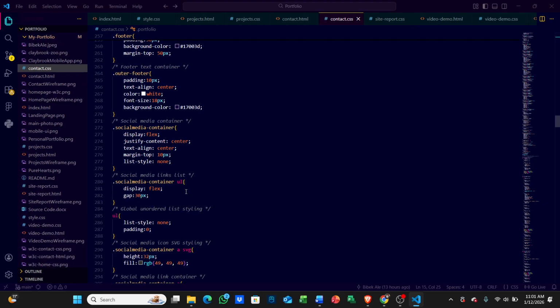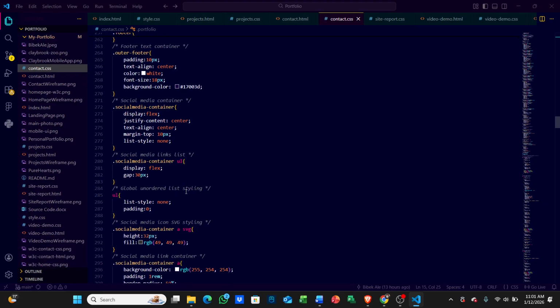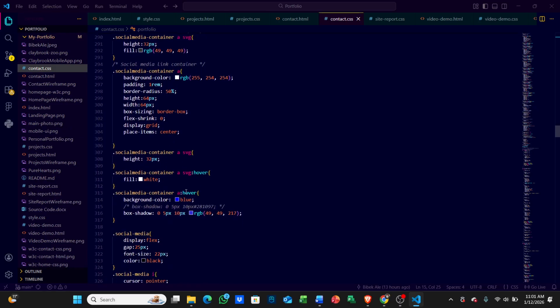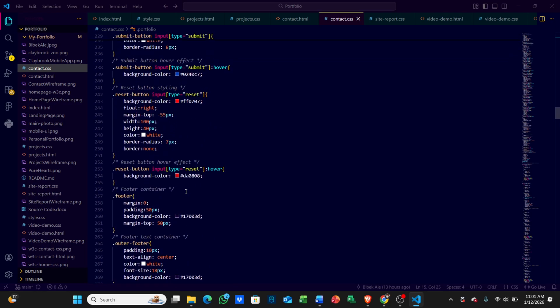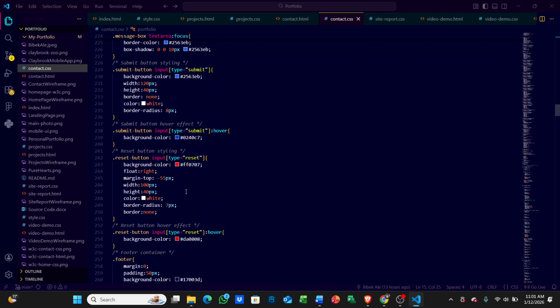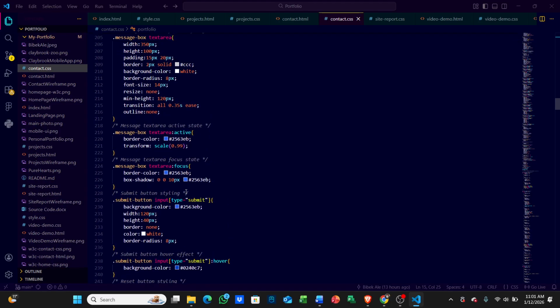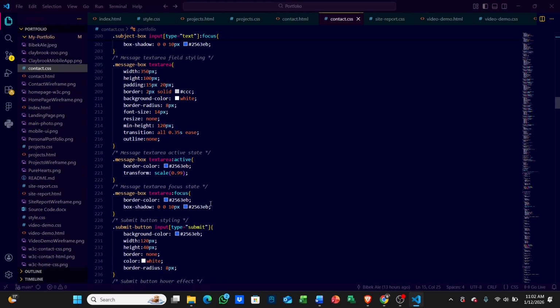I also used the focus pseudo-class on the input field. As you can see here, focus, yes, here you go. I used the focus pseudo-class on the input field to change the border color to blue, providing clear visual feedback